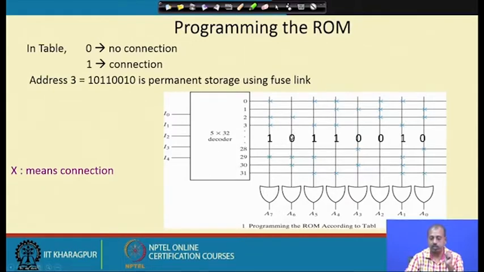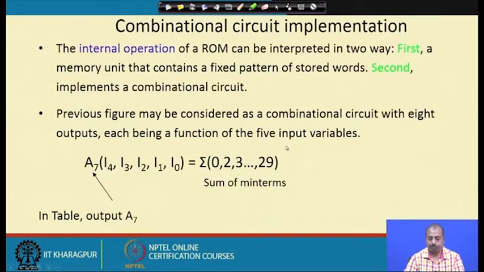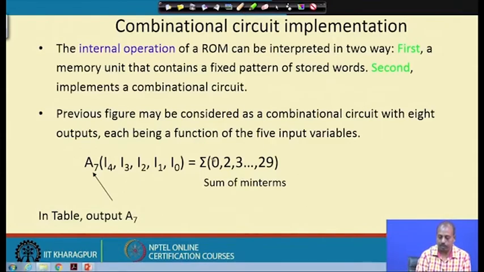So, this is equal to 0. So, A6 output will be 0. If I say that this function A7 is like this, it has the min terms 0, 2, 3, some other min terms, and 29. Suppose this is the A7,